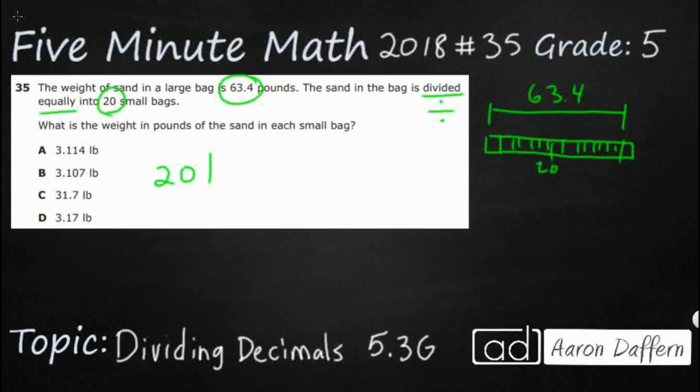estimate. We'll leave this right here, 63.4, so we're going to do this for our actual. But let's just estimate, because it says 63.4 divided by 20. That 20 is a nice round number. I wonder what would happen if we made 63.4 into a nice round number. It looks almost as if 20 was rounded to the tens place, so let's do the same thing here. That 3 is not going to move it up, so really it's closer to 60 than it is to 70. And so we've got 60-ish